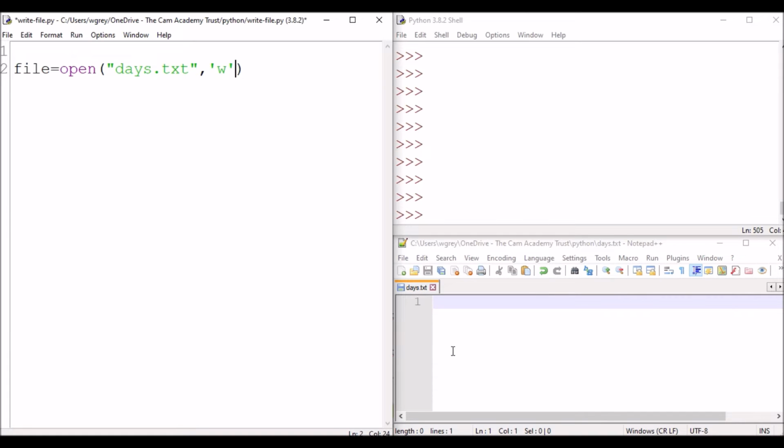So on the bottom right hand side here, I've created a file already, but it's empty, it has nothing in there. So it's going to completely overwrite the contents of that. Even though there's nothing in there, it will simply add the values that we're going to add to it shortly. And then we're going to use a write method, file.write, and we're going to add the days of the week,